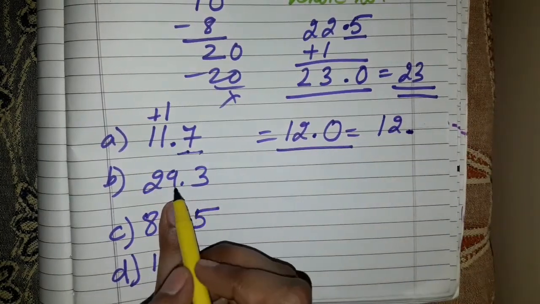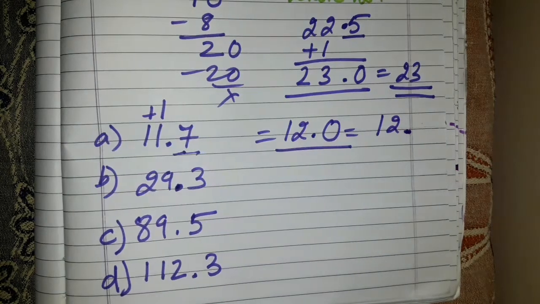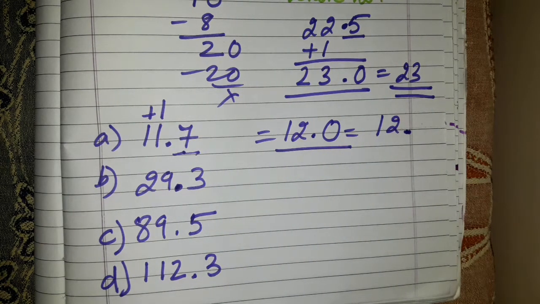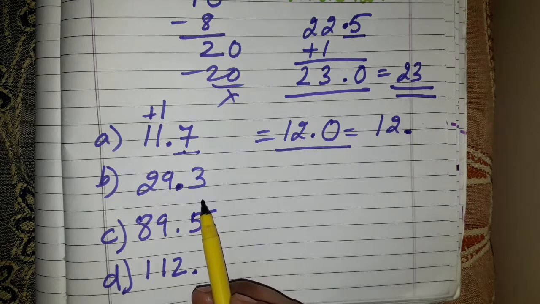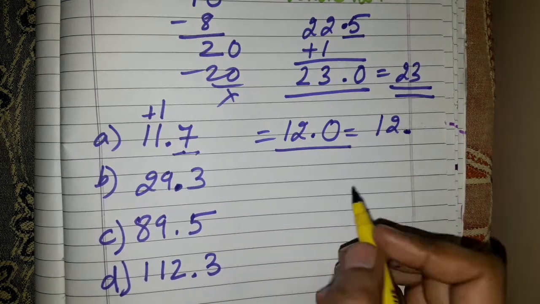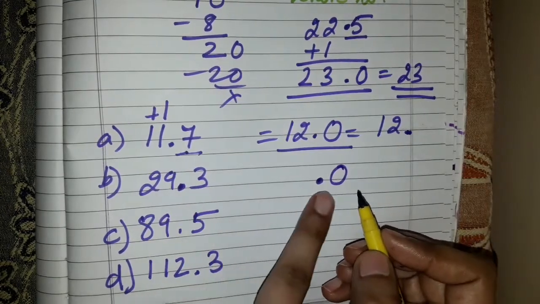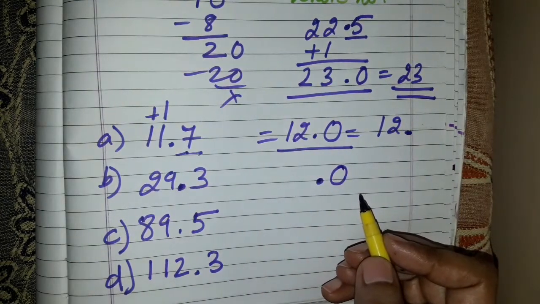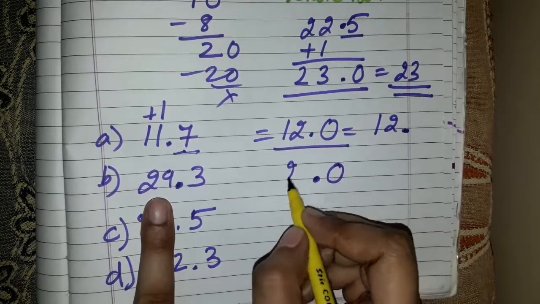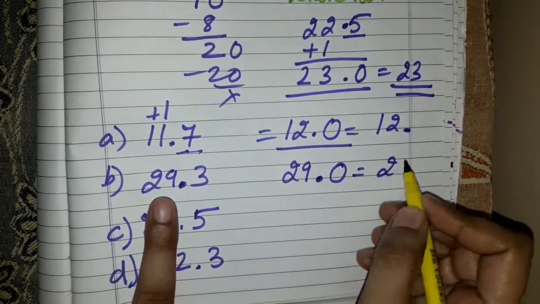29.3. Okay, now after the decimal you just have to see the digit after the decimal point, whether it is 5, more than 5 or less than 5. And you know the two rules of rounding off, so you can simply apply the rules. Now the digit here is 3, it is less than 5. So what will happen? This digit 3 will become 0 because it is less than 5 and it will give no addition, nothing will be there. So it will simply remain 29. So the answer will be 29.